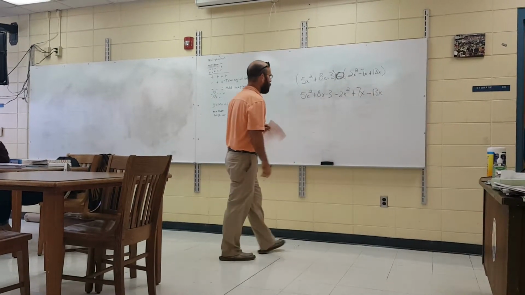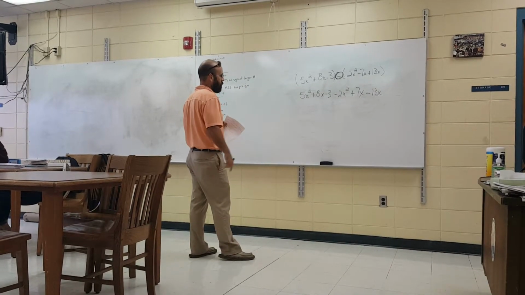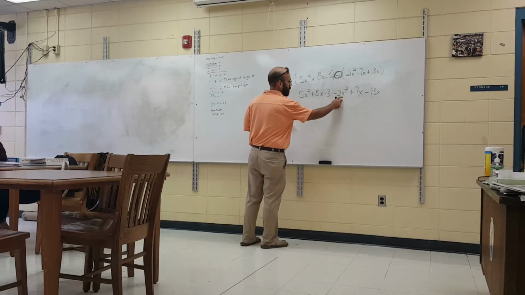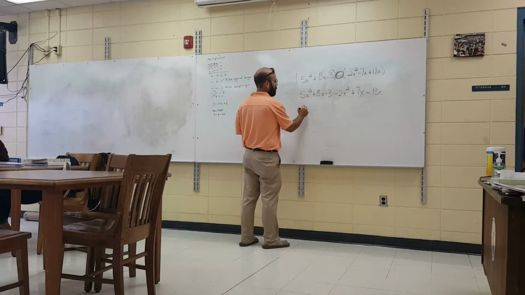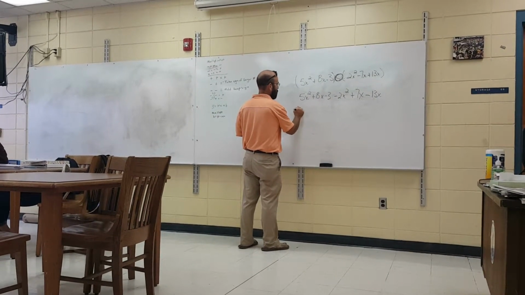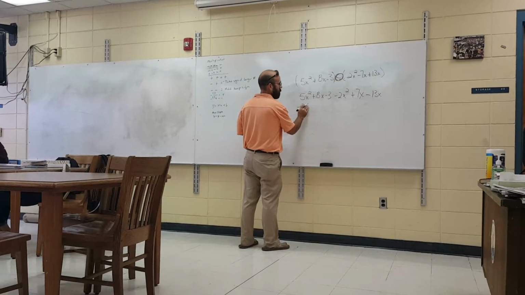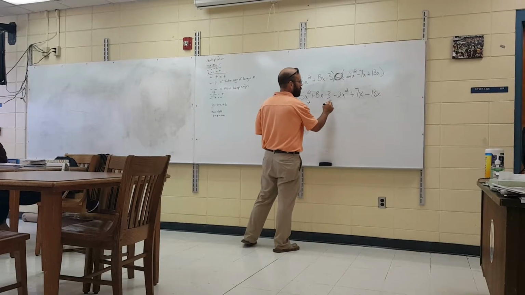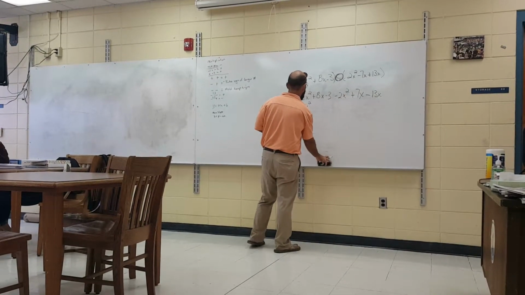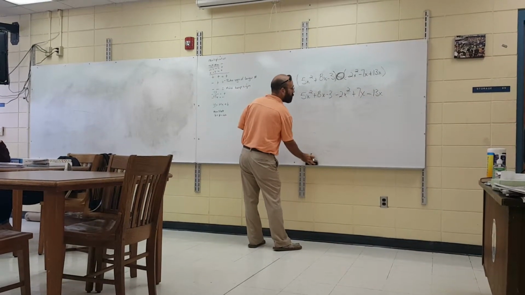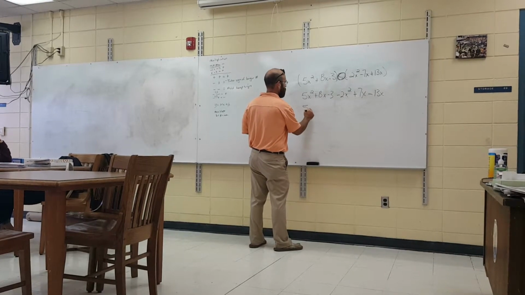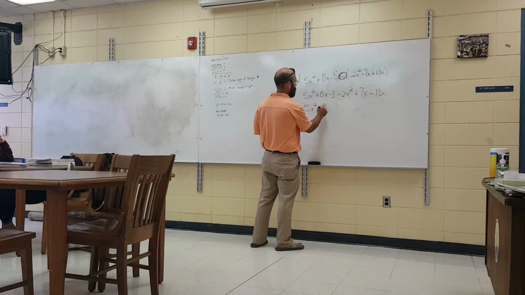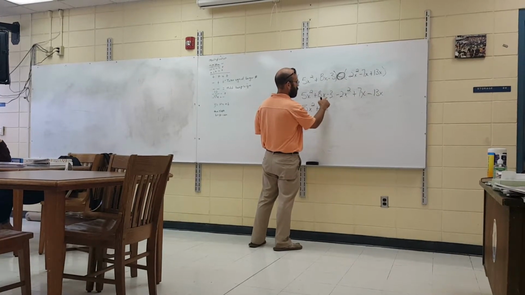Now we did the other one, we did the addition horizontally. Let's do this one vertically. All right, let's match them up here. 5x minus 2x squared. We got those x's right there. Let's rewrite this one more time. 5x squared plus 8x